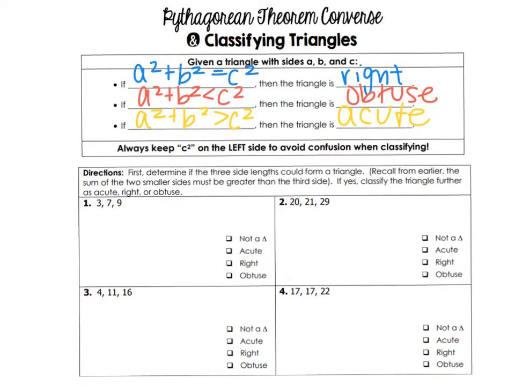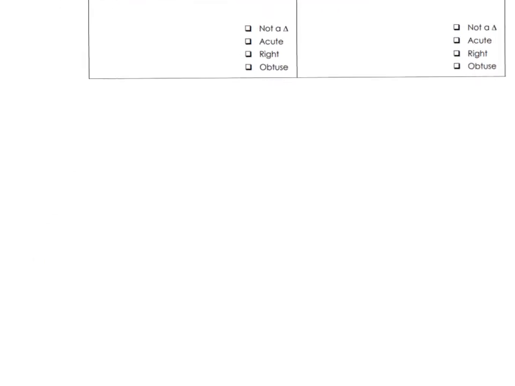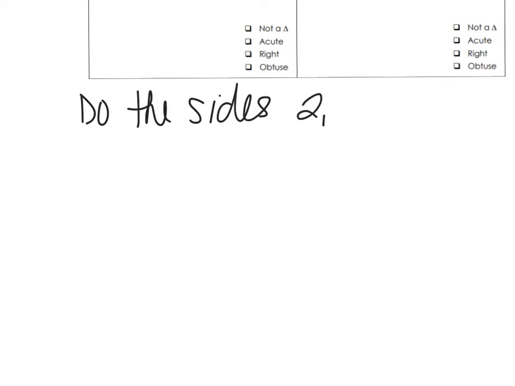Now, if you read the directions here, it says first determine if the 3 sides could form a triangle. We haven't really talked about that yet, but the directions tell us how to do that. Recall from earlier, the sum of the 2 smaller sides must be greater than the 3rd side. So let's do a quick example. Do the sides 2, 4, and 8